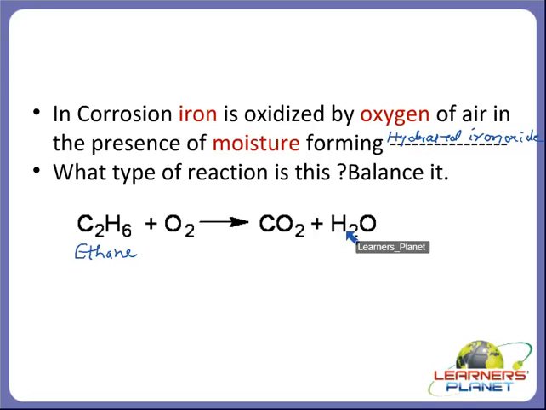Now we need to balance it, right? How can we balance it, children? Let's start with carbon, it would be easy for us. Carbon is 2 here. What can I put here, children? I can put here 2. Right? So my equation will become